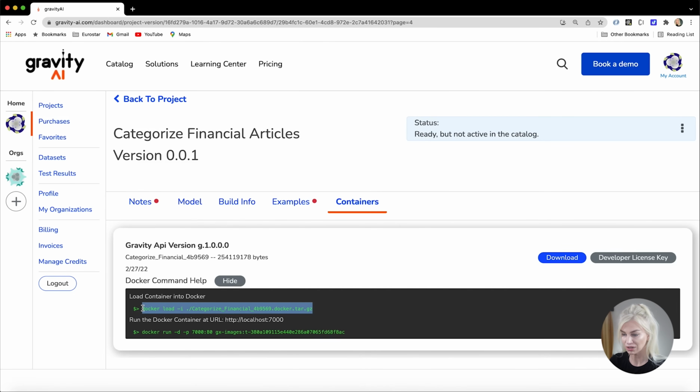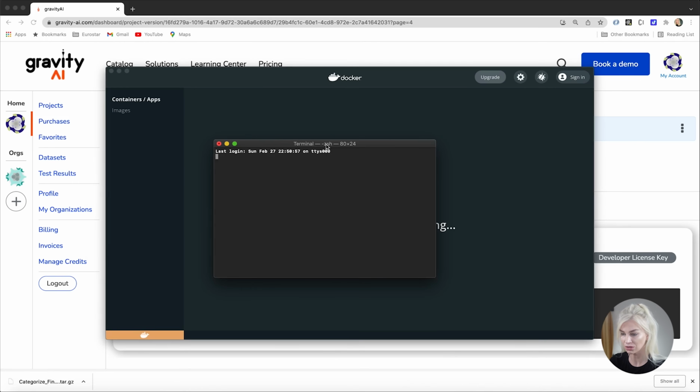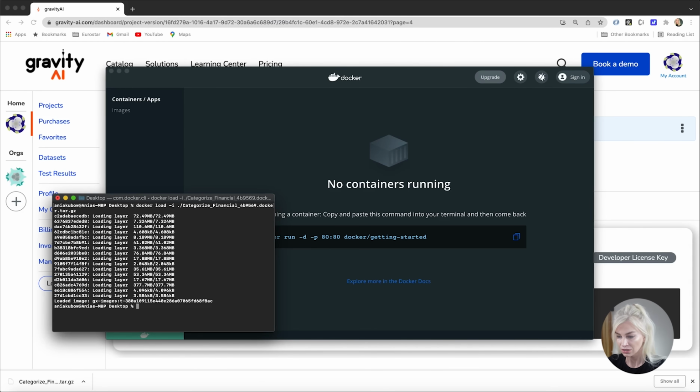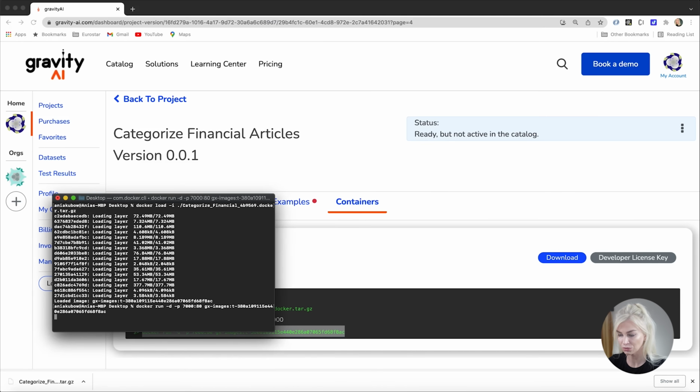So, making sure to navigate to the same place that I have downloaded that file, I'm going to go into the desktop. I'm going to copy that line of code and run it. Okay, that is now finished. Then let's run the second line of code. And wonderful. Now if we go to localhost 7000,